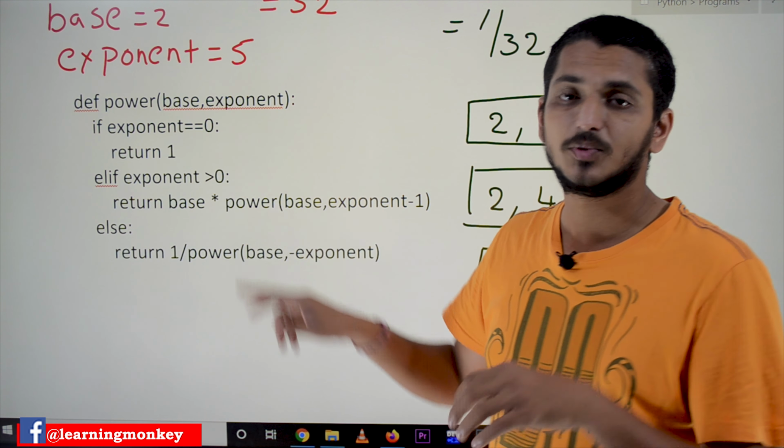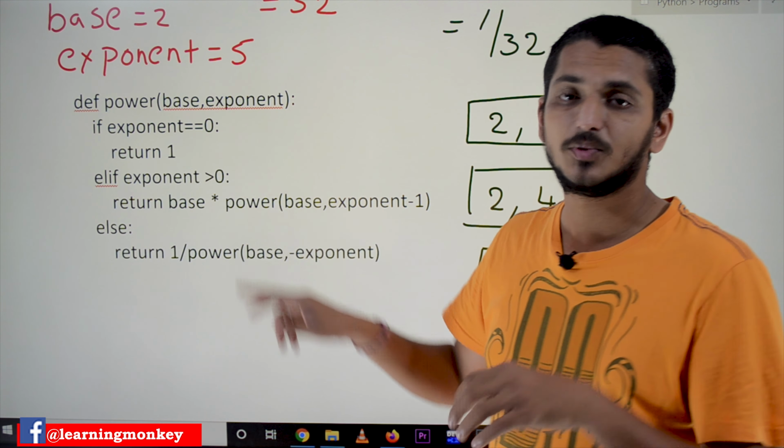That's why you have to understand this return statement. Return base into 2 into, again calling the function here, again calling this function. So this function will be completed. This function will return the value. When will this function return the value? If this function completed and this function has returned a value, that value is multiplied by 2 and that value will be returned. Until then this function will wait, held in the memory. It won't get completed, it won't return the value.